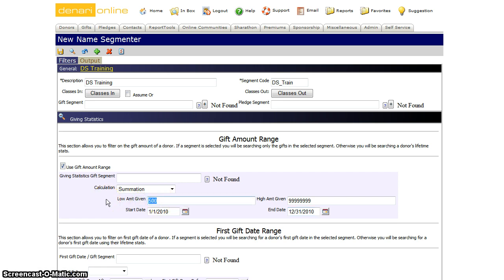Sometimes we just want a list of people who've given anything last year. Maybe we want to send them a special letter or something like that. And so in the low amount field, we're just going to put in 1. You can't use 0 here. Sometimes people will try to find people who haven't given anything by using the number 0 in these fields. 0 doesn't work because what's really happening here is Denari is calculating the statistical information based on the